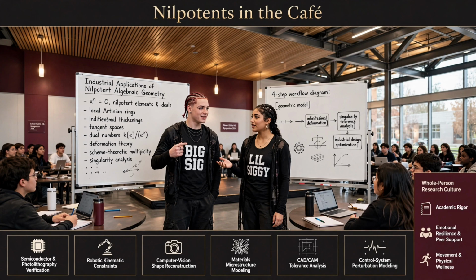And that skepticism is entirely natural. Actually, historically, people reacted the exact same way when complex numbers were first introduced. Oh, really? Yeah. When mathematicians invented the imaginary unit i, where i squared equals -1, people called it absurd. They literally said you can't have a square root of a negative number in the real world. Right, because a negative times a negative is a positive. Exactly. But it turned out that those imaginary numbers perfectly model alternating current in electrical engineering. They model wave functions in quantum mechanics. So the fake math ended up describing real physics perfectly.